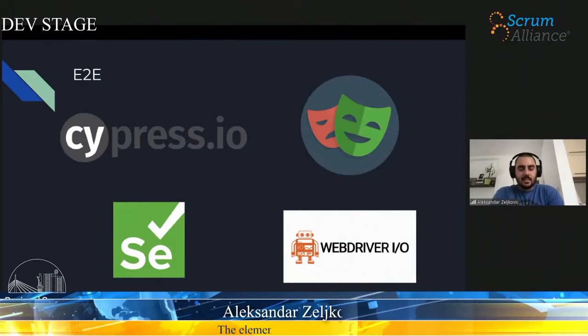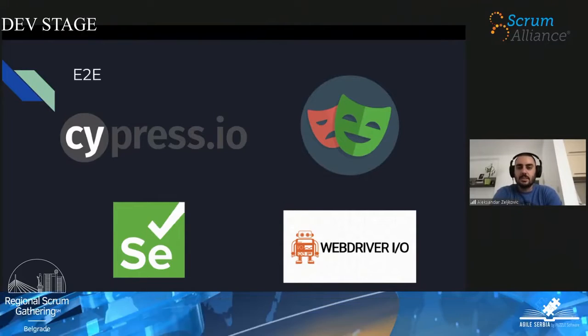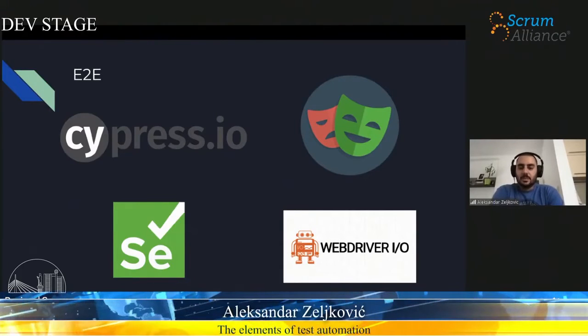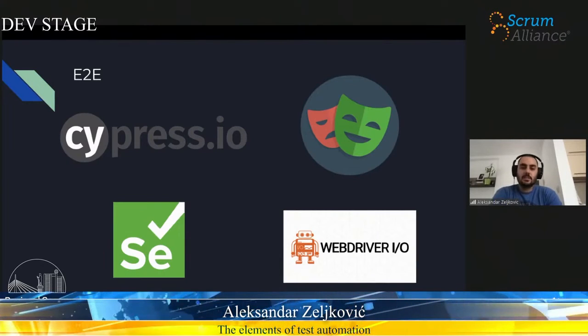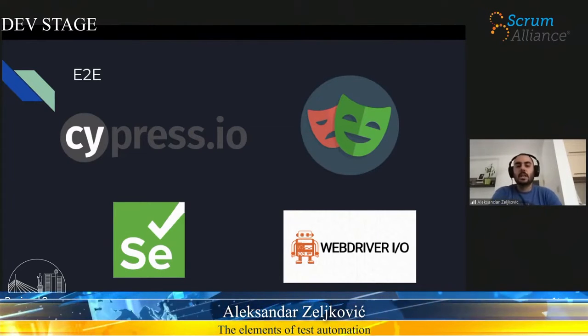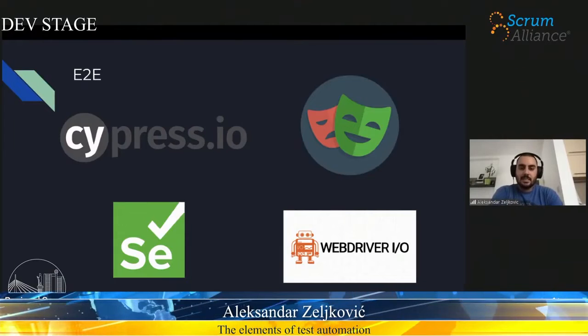End-to-end testing, there are a million tools out there, and I think the 4 most popular and most powerful today are these 4 that you can see on your screen. In Cypress and WebDriverIO, tests are written strictly in JavaScript. In Selenium and Playwright, you can pick your programming language since they have language bindings.